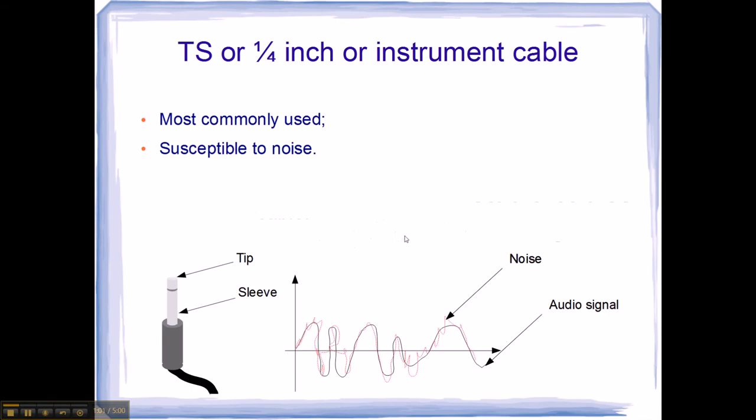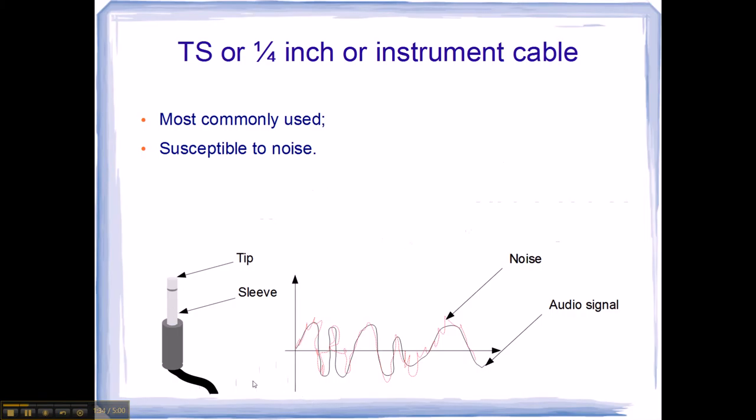So we can start with the TS or quarter-inch or instrument cable. These are all three different names of the same type of cable. This type of cable you can see everywhere. It's most commonly used for connecting different equipment, and it's cheap. It's very often used. But one thing here: it's susceptible to noise. If we go through